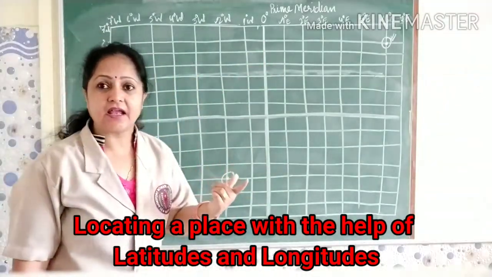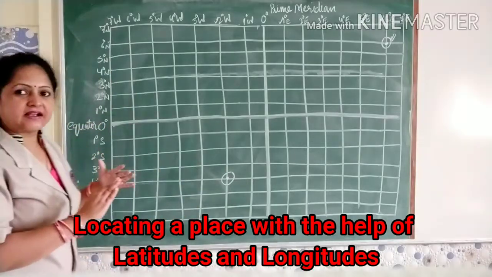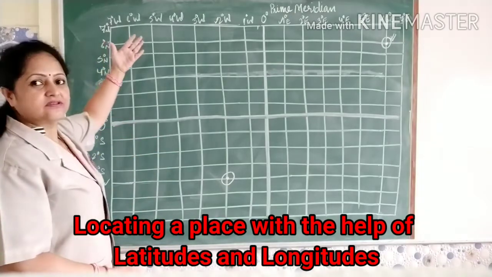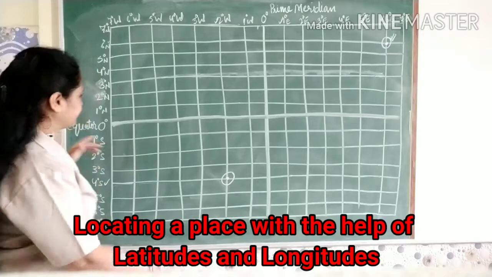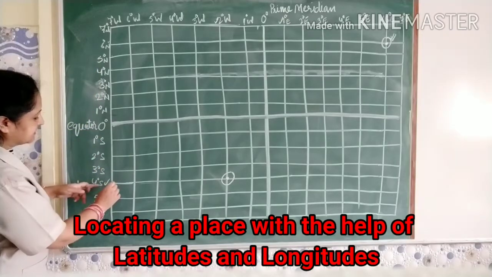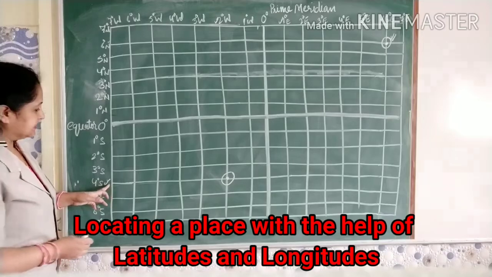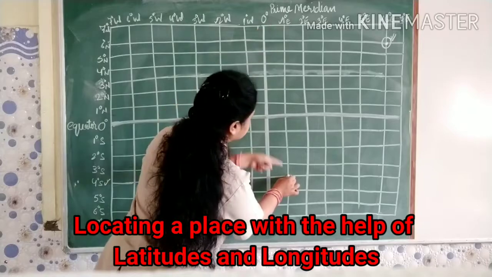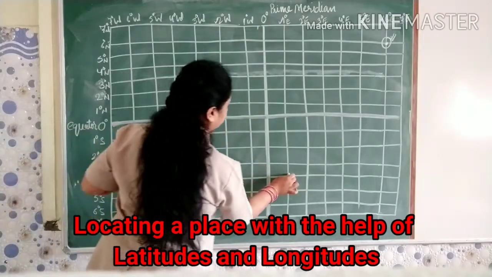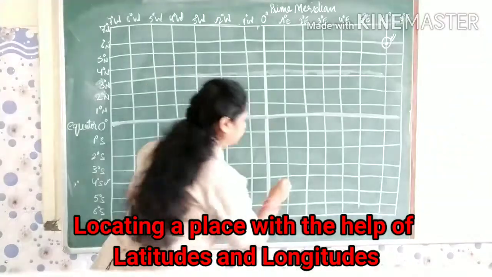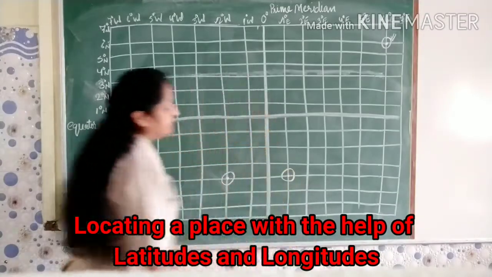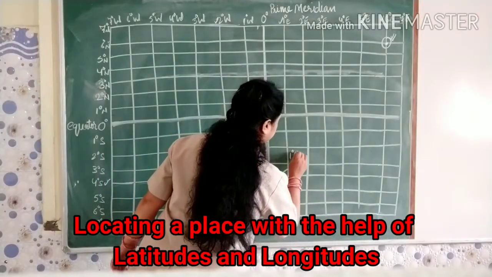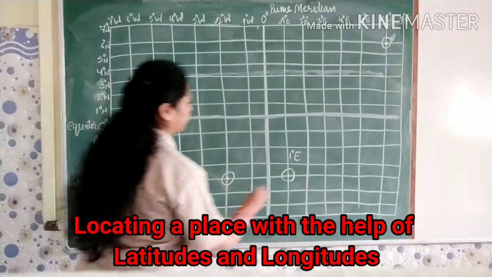Now the next is 3 degree S. Again, S is very clear, that means we are talking about the latitudes now. Latitudes means top is north and the bottom is south. So here 1, 2, 3, 4, this is our 4 degree S. So from here we will start and find out the place here. You can see this is the line where these two angular distances will meet. So the location of the place will be this. This is the location of the place with 1 degree E and 4 degree S.